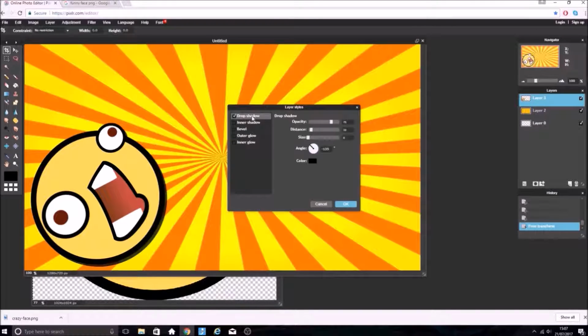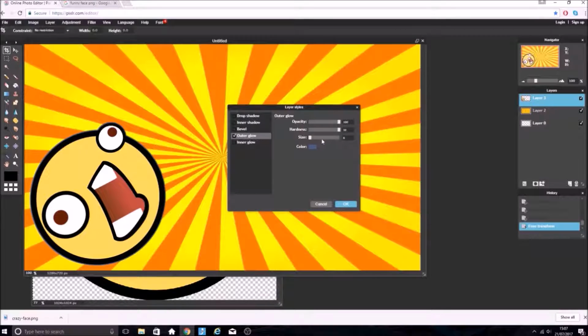You can either add drop shadow, which is alright to do. You can move the shadow around so it looks like he's got the sun shining on him. Personally, I don't really mess around that much with it. I usually do the outer glow, which you can do now. Let's say you want to do that, and now you can see a little blue overlay. You put the hardness to full,